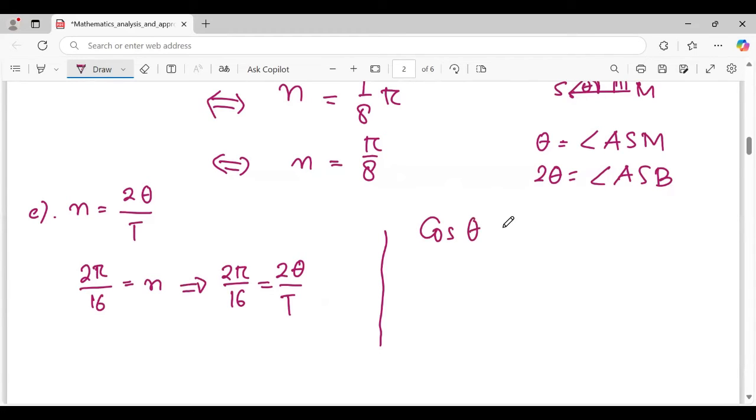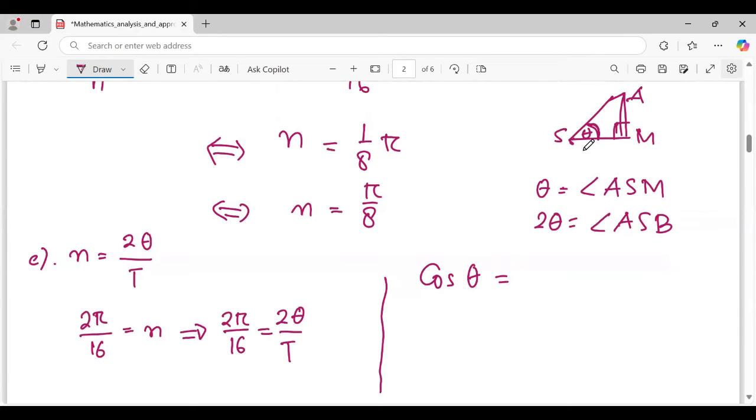Cosine theta equals, if not mistaken, this is 20, this is 2 square root 51, and this is 14. Cosine theta is 14 over 20, or 0.7. That means theta is arccos 0.7, and it is